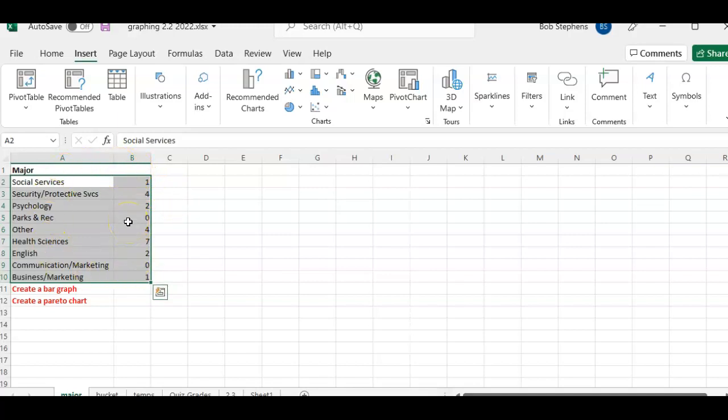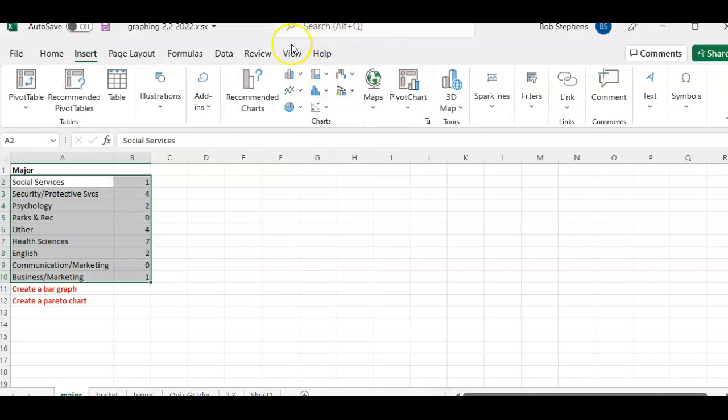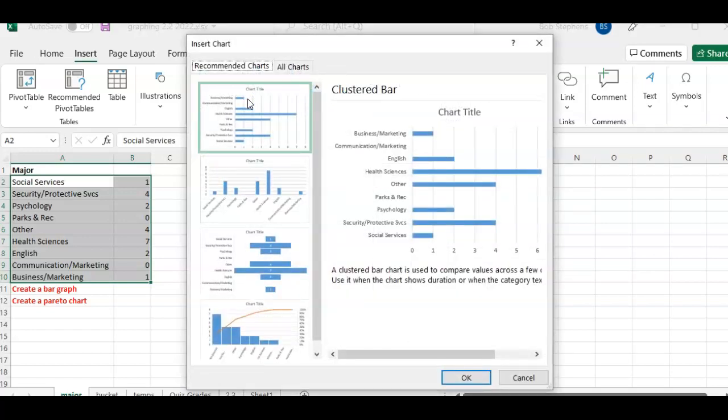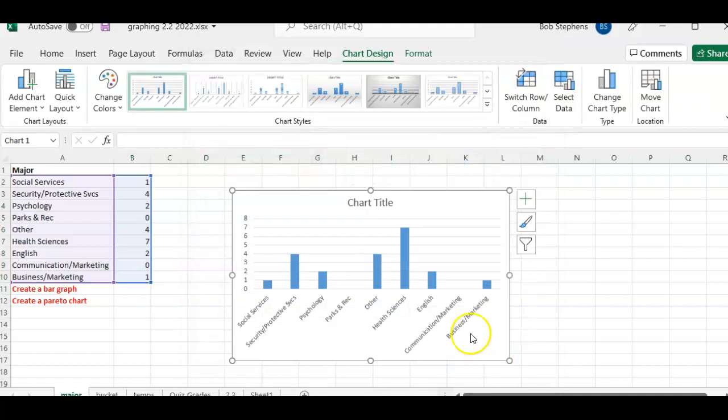So once I've highlighted my major, I just go to Insert, oh, I'm sorry. So let's pretend like I was at home. I would go to Insert, and already I see some graphs over here. Oftentimes, you can just go to Recommended Charts, and Excel has taken a stab at what you might want to see. They're just showing bar charts in different formats, if you will. I want to see something like this with the majors along the horizontal axis, so I'm just going to select it and say OK. And there is my graph showing the frequency, which is along the y-axis,